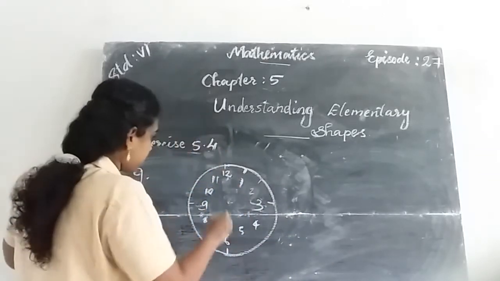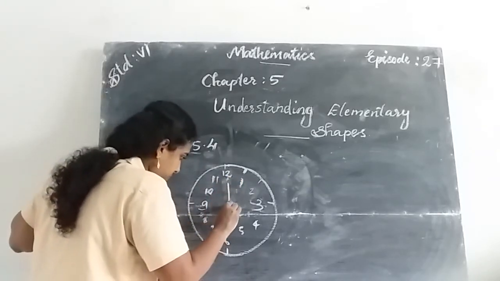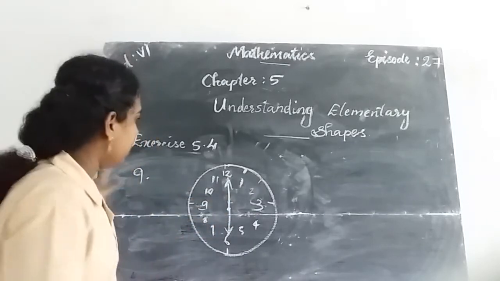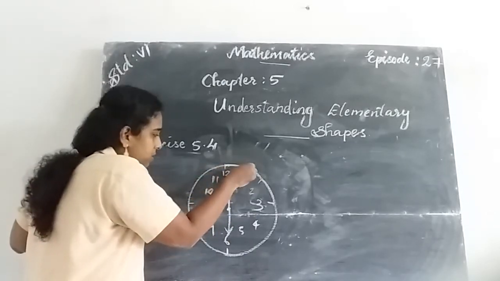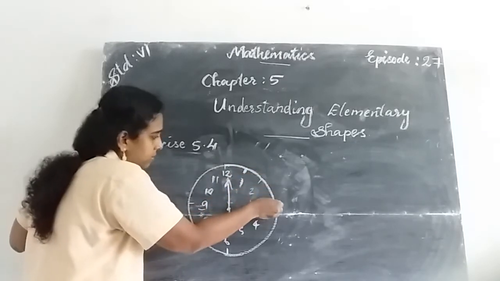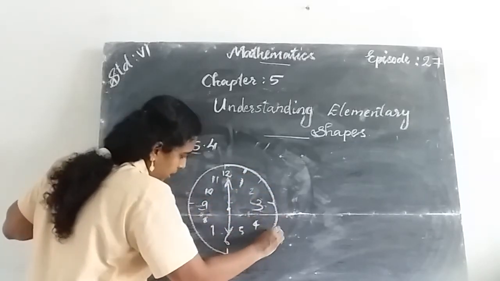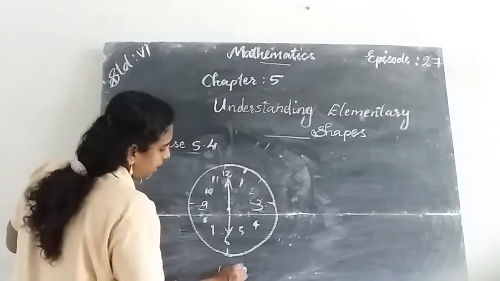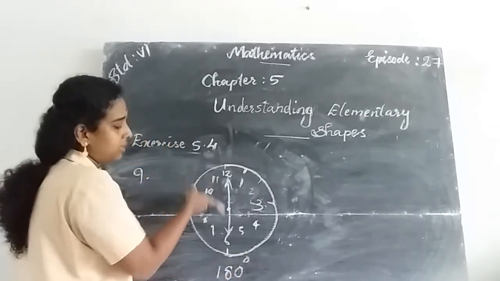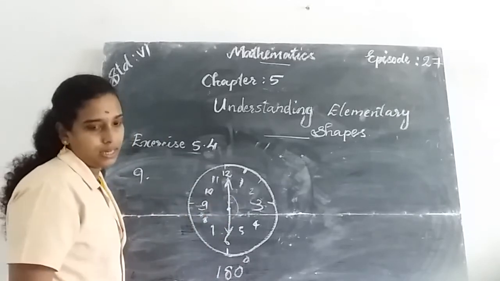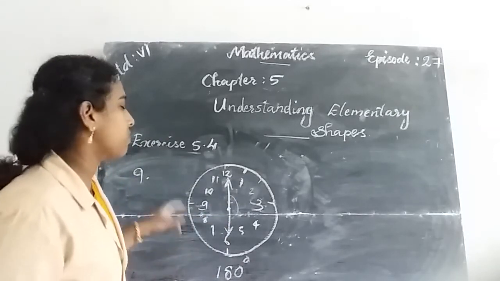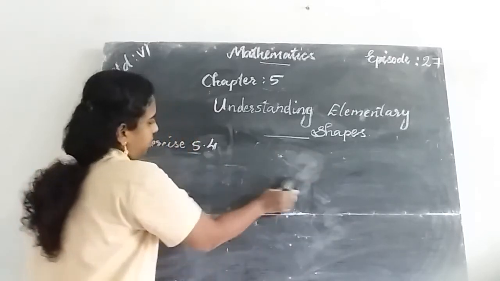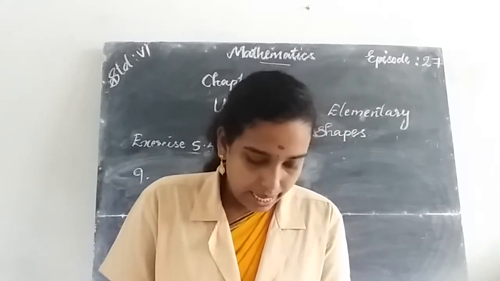Okay, the next question is like this. This is a straight angle. Here the first unit measures 30, another 30, another 30, which is 90 degrees. Then the next 3 units measure the next right angle, that is 90 plus 90, 180 degrees. So this figure measures 180 degrees. The next question.